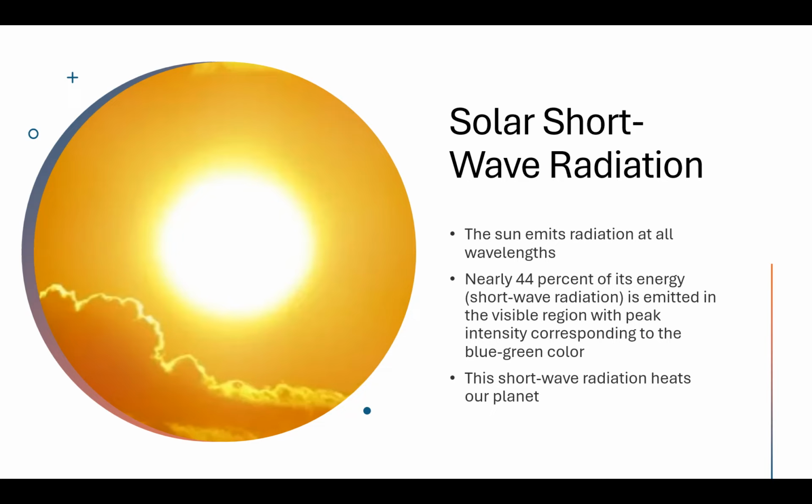With this solar shortwave radiation, the sun emits radiation at all the wavelengths, but primarily in the visible portion of the EM spectrum. You see this nearly 44% of the sun's energy is in the form of shortwave radiation, and it's emitted in that visible region within the spectrum. Peak intensity corresponds to the blue and green color,